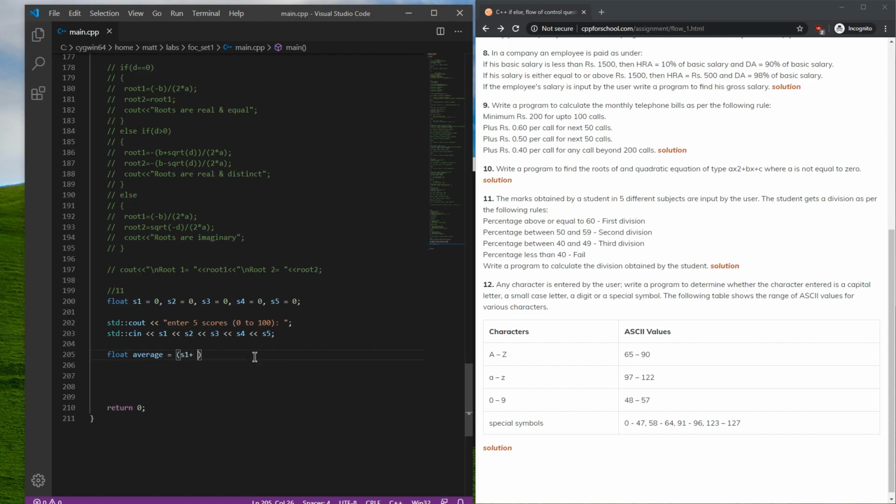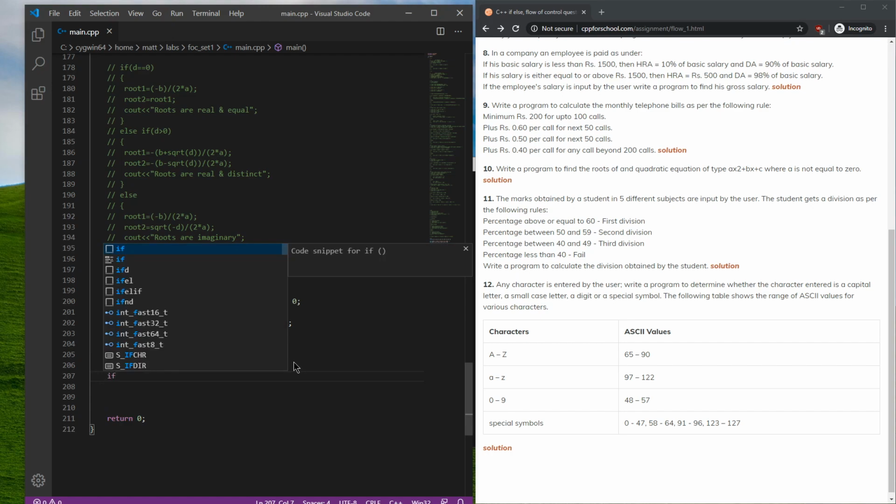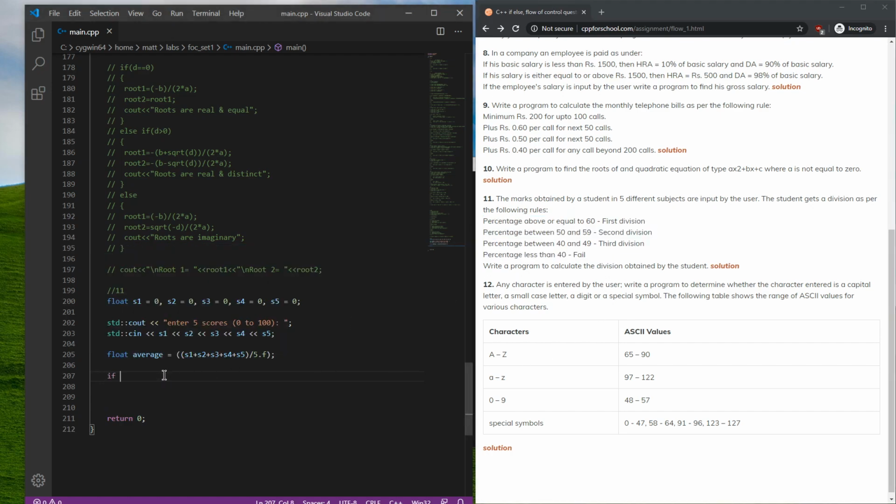So we just need to add all these together and then divide by the amount of them, which is 5, and that's it. This is a really little ghetto algorithm. So we got them all. We divide by 5 because there are 5, and that's the result. We want to divide by 5.f because we want to divide by float, since these are all floats, and then we'll have the average. And then we can just say to them, this is all for spitting out the result really. If average is greater than 60.f,